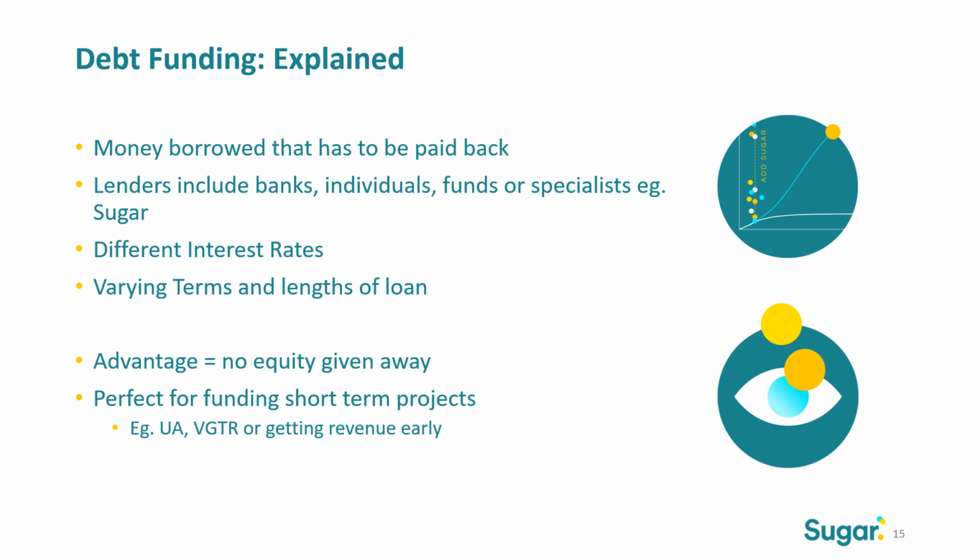Debt funding is a different type of investment. Effectively, it's a loan. It's money that is borrowed that has to be paid back. Typically, those lenders can include banks, individuals, funds, or specialists such as Sugar. The reason this is a good way to finance your business is when you are live and generating revenues, when you need access to those revenues and the payback and the visibility on what is being funded there is really short, it makes much more sense to finance using loans than it does to give away equity